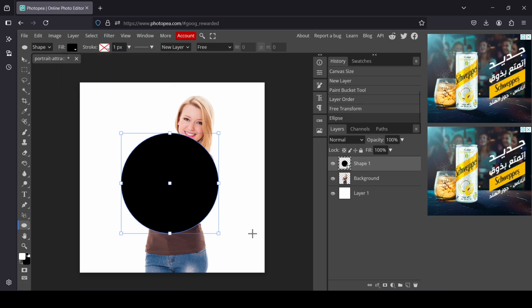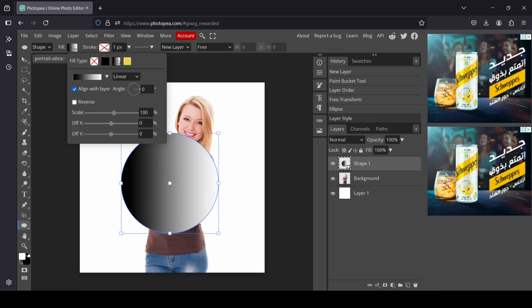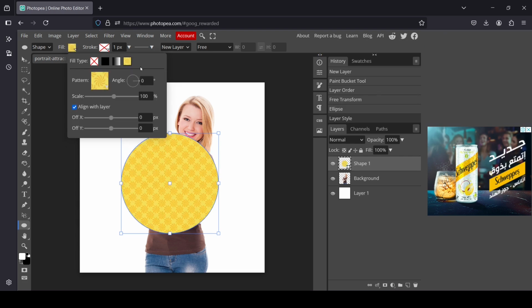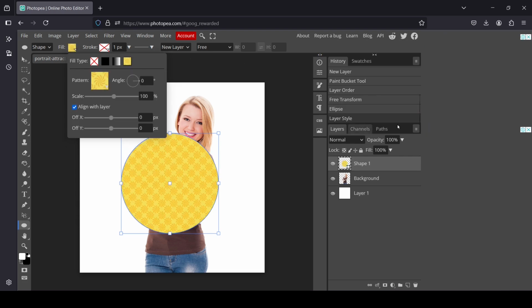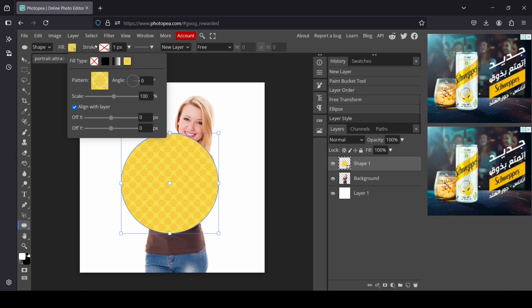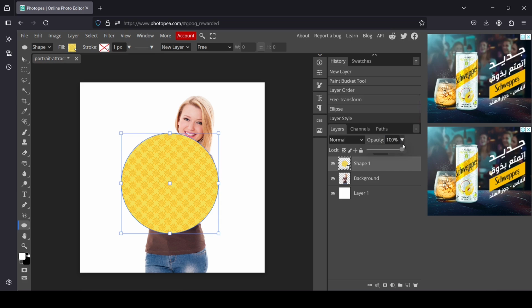So here it is. So here you can either add the stroke or the fill. So for me I want to add fill, you can either add gradient, or for me I found that the pattern one was much better. So I'm going to leave to the pattern. For this stroke, I removed it. So now I'm just going to left click here on the opacity, reduce it,